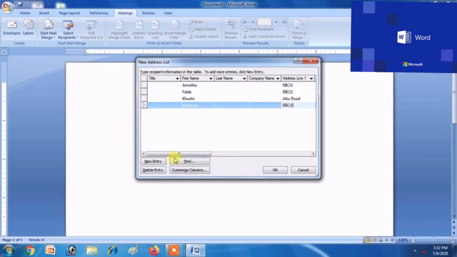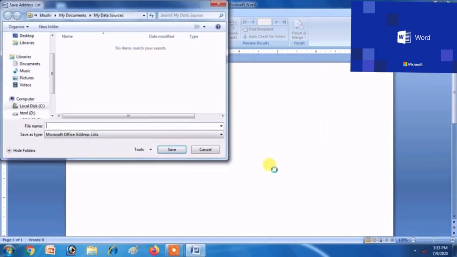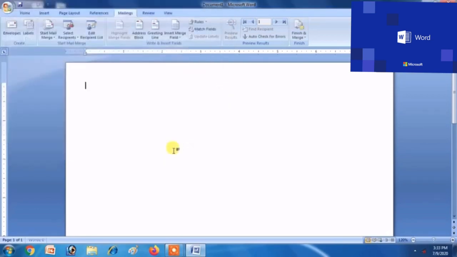So students, here we are randomly preparing one database which we will be using in our finalized main letter. Okay, so these things you can see in your merged document, right? So we have randomly created 5 records. Suppose I want to delete any entry, I will select that particular record and click on Delete Entry, so it will be deleted. Now click on OK. You will get one new dialog box which will ask you to save this database. Here you can give any particular name and save it.